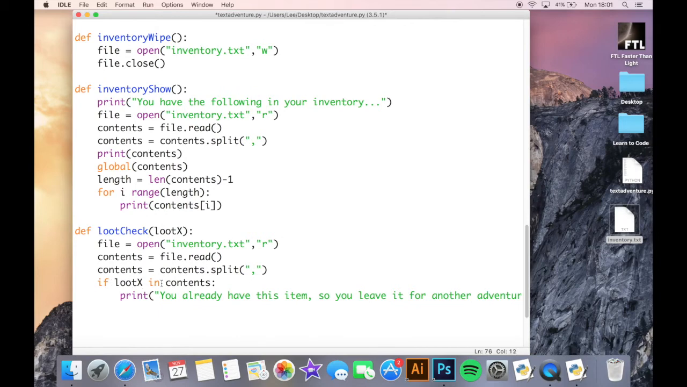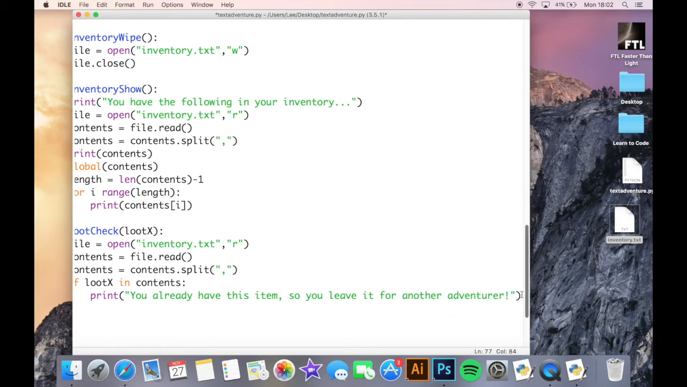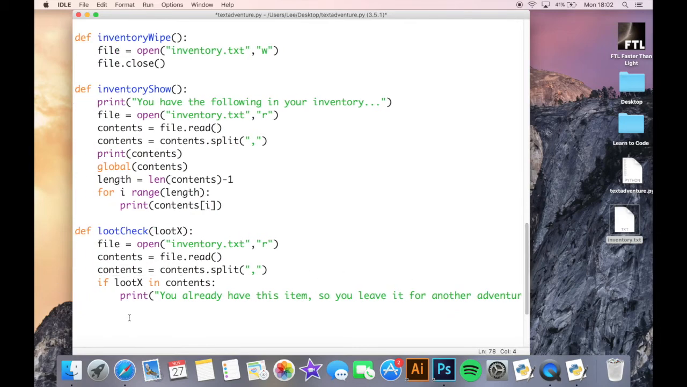If loot X in contents, it literally takes this variable and checks is it inside this list. It's going to check every position of this list, and make sure that whatever string is inside here matches. And if it is, it's going to print you already have this item. Now if it's not, we are going to run something else. So we're going to do else,